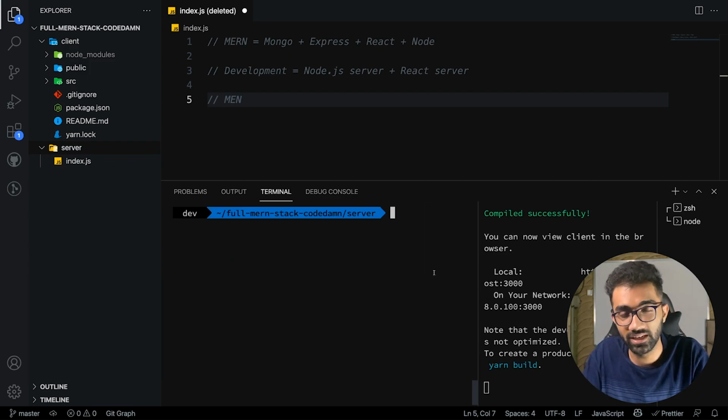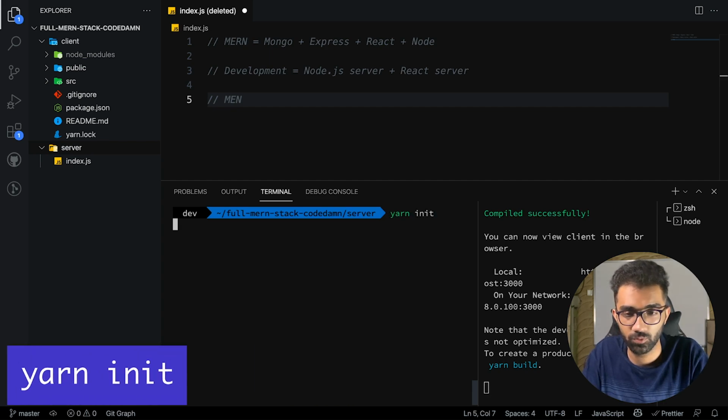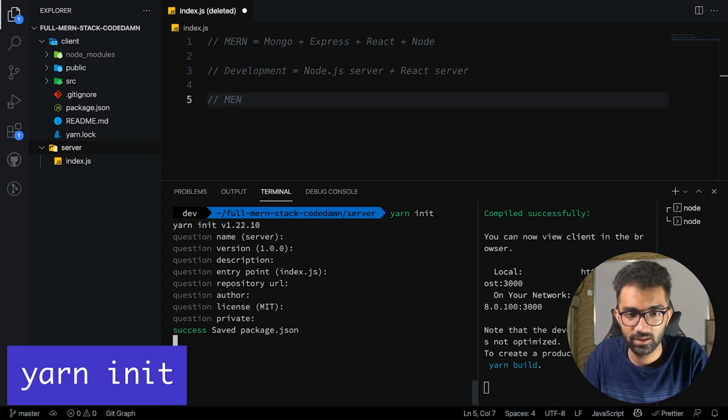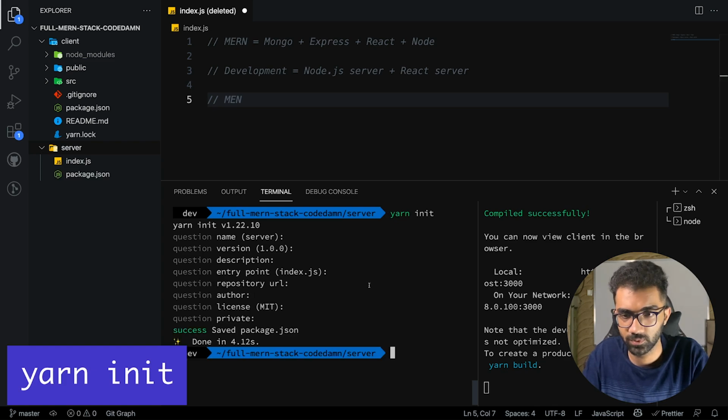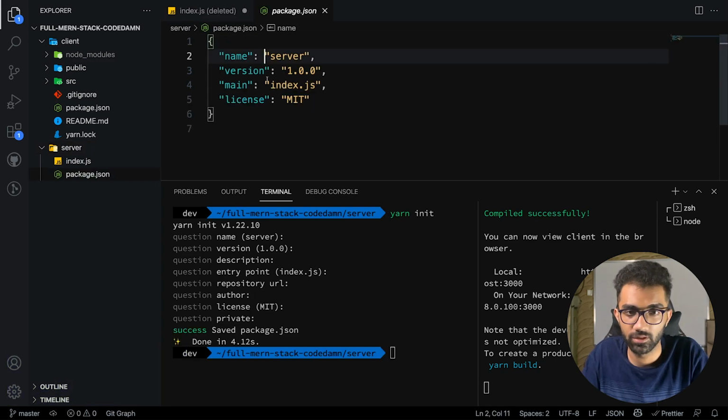First of all, we need to initialize the project because this is a Node project. So we can just say yarn init. If you're using npm, you can say npm init. I'm just going to keep the default options. You can also specify a -y here. But anyway, now you can see we also have a